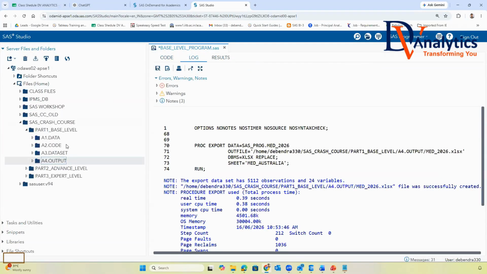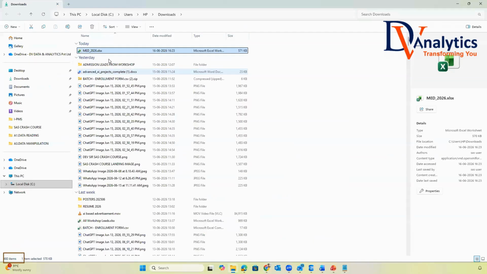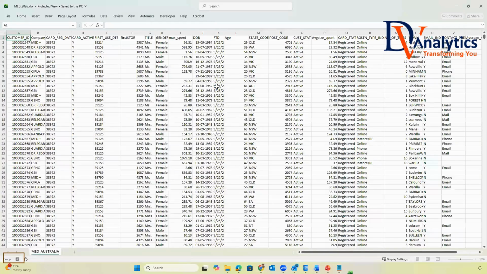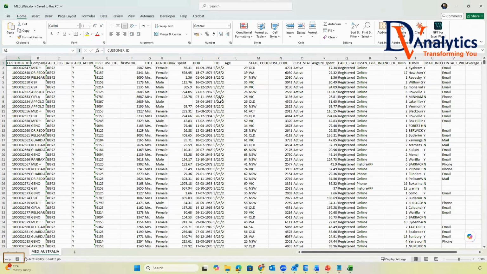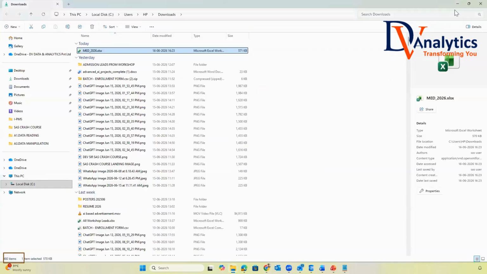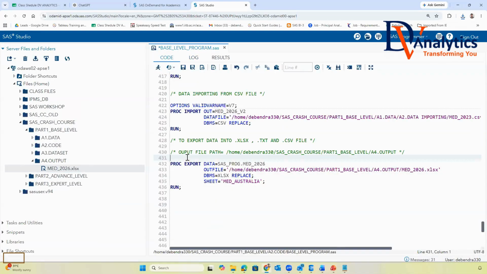You see your data has come here, which is an Excel file. If you right click, download the file, it will come to your download folder. In this download folder, you can see the file is created here. Everyone, are you able to see this? Yes, sir. Did you understand how data exporting happens from SAS to an Excel file?